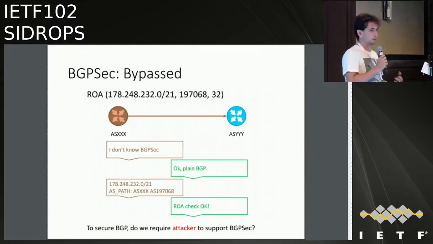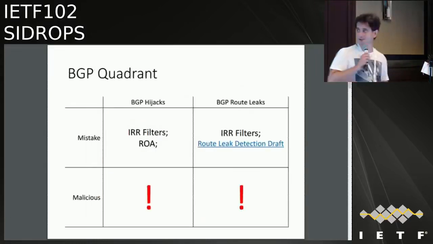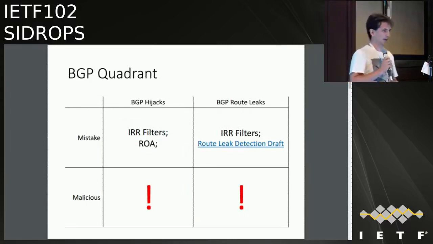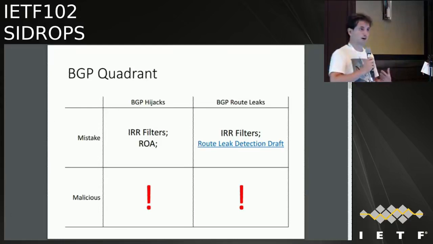And my question is, what will make an attacker support BGPsec? Does it mean that to secure BGP, we need to make attackers support BGPsec? For me, it sounds at least weird. The result is here. But don't be too upset, because as far as I know from numerous discussions, nobody was going to deploy BGPsec during their lifetime. So it's a room of opportunity.